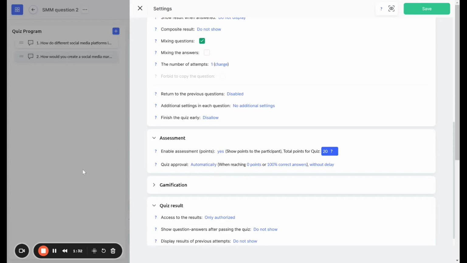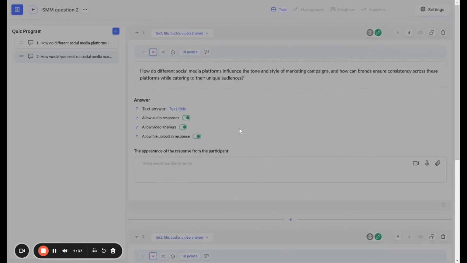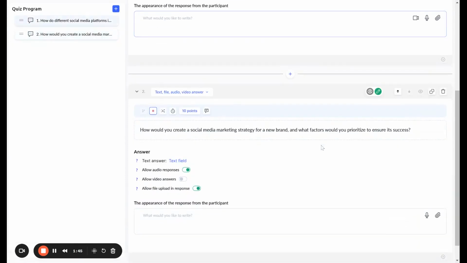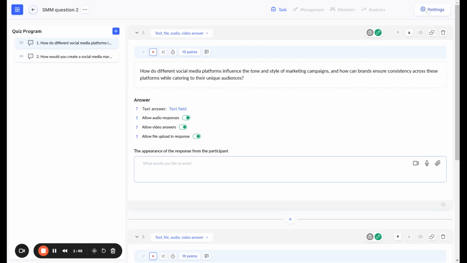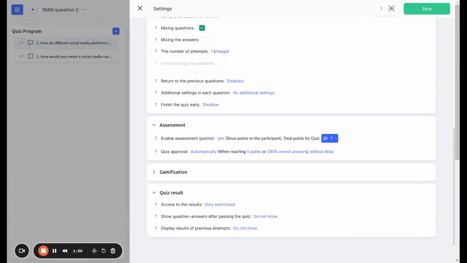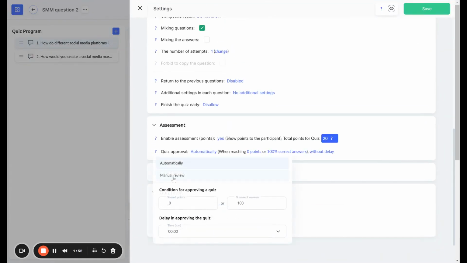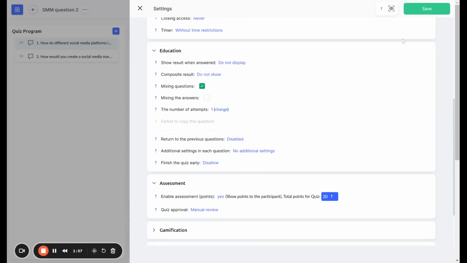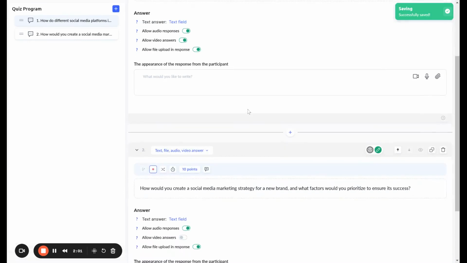So with open-ended questions, our system for now does not allow any analysis, meaning whatever the student types, if he types anything at all, even any gibberish, it will give him 10 points and it will count that he passed this quiz. If you want it to be reviewed all the time, no matter what they write, you can set up manual review here. You can define that it's only 20 points possible for this quiz, and you or your assistant